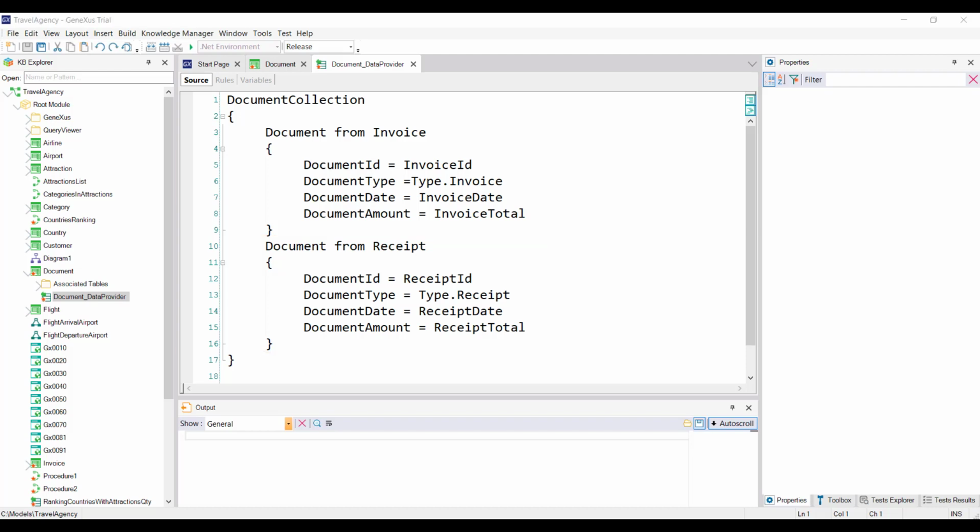From now on, every time the transaction is run to navigate its data, this data provider will be run to load the corresponding information on the screen, in a completely transparent way for both the developer and the user. Nobody will notice that the transaction doesn't have a table. Let's see this at runtime. We press F5.